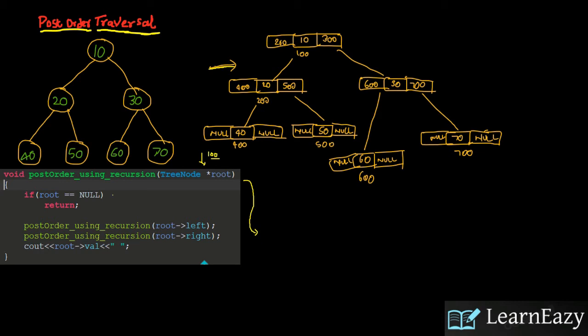So 100 not equals to null, so 100 left, we need to pass it to this function. 100 left, 100 right, and 100 value. So 100 left, we need to pass it to this function. 100 left, nothing but 200. Here